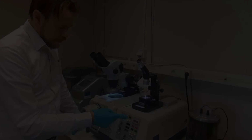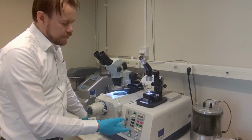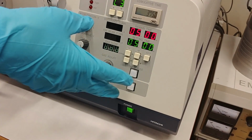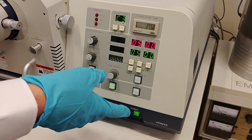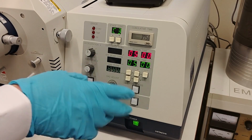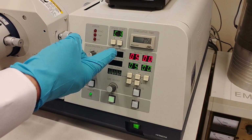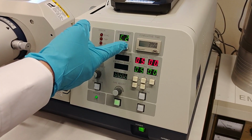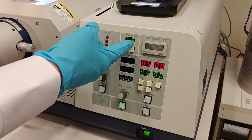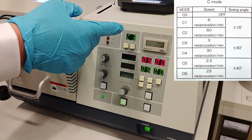Yeah. So when the vacuum has finished and a good vacuum level is reached, these lights show up with some numbers, everything lights up here. It was black in the beginning. There are not so many settings you can choose here. The first thing you can choose is this level here. It says C1, C2, C3, 4, 5, 6. This is like a dishwasher program. So what this does is it changes